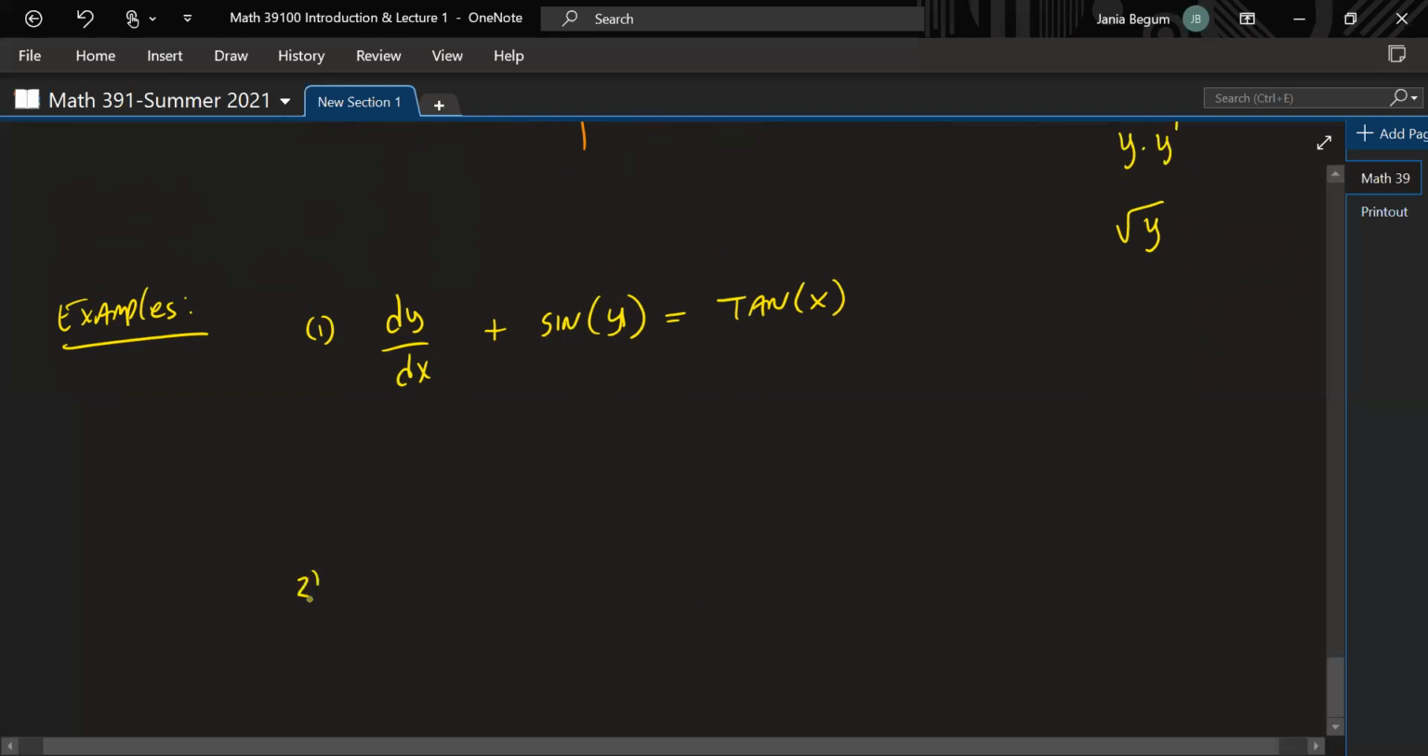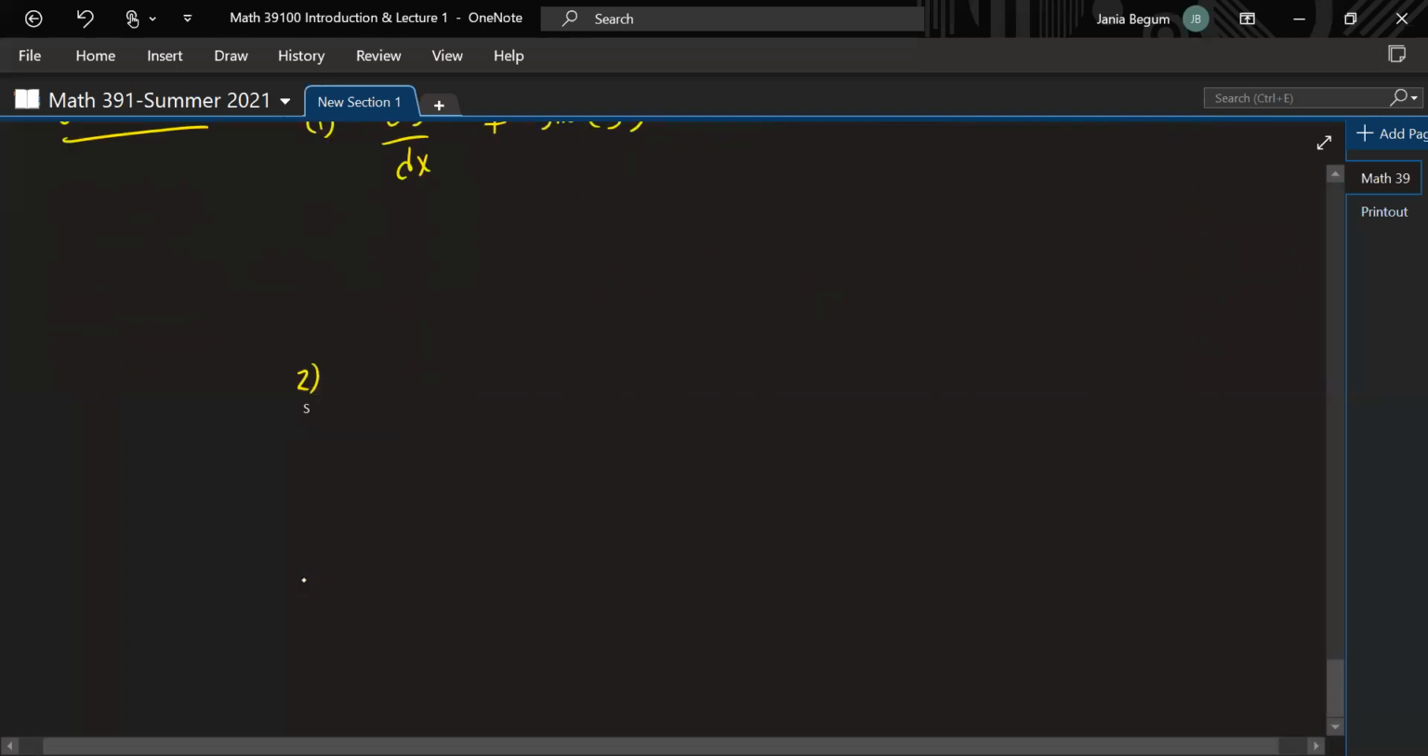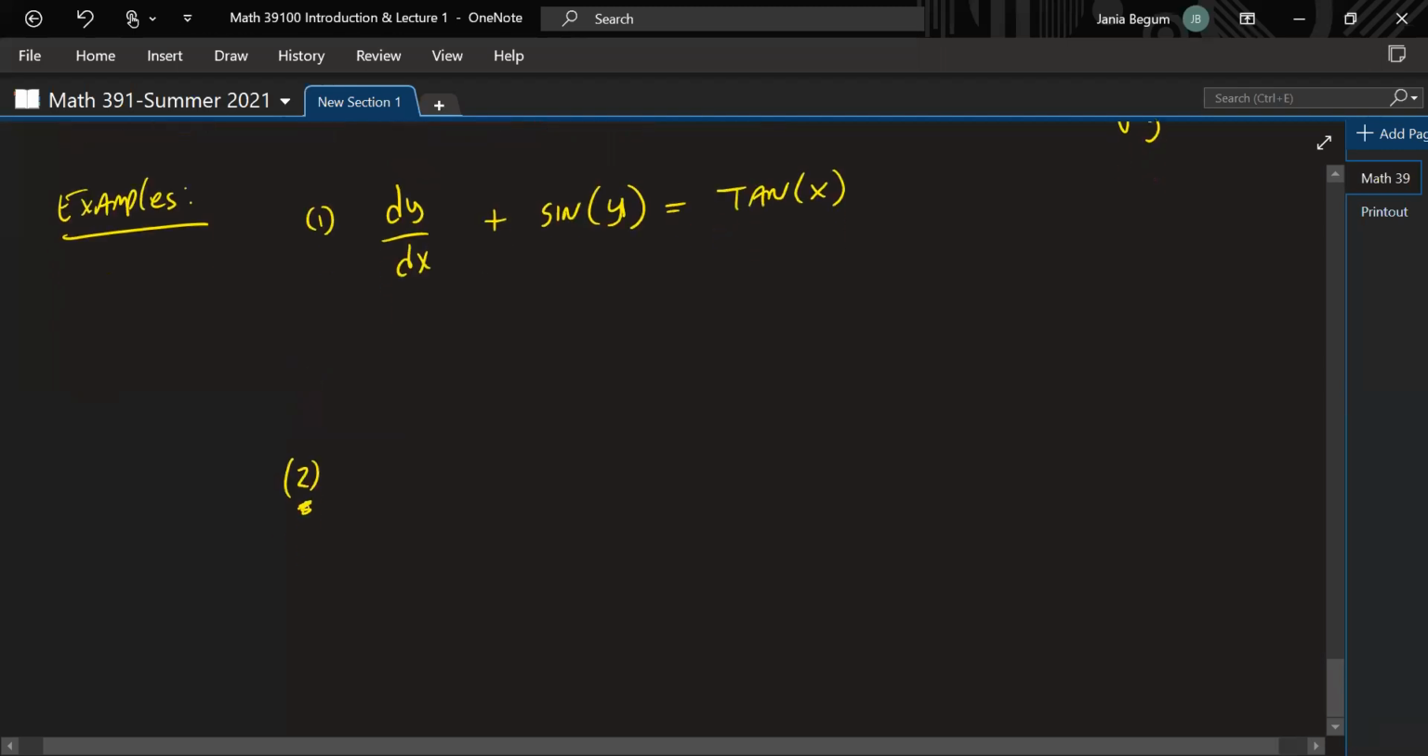And the second example I have for you, it's going to be, oops. So here we go. So same instruction for 2 as well. And then the third one,